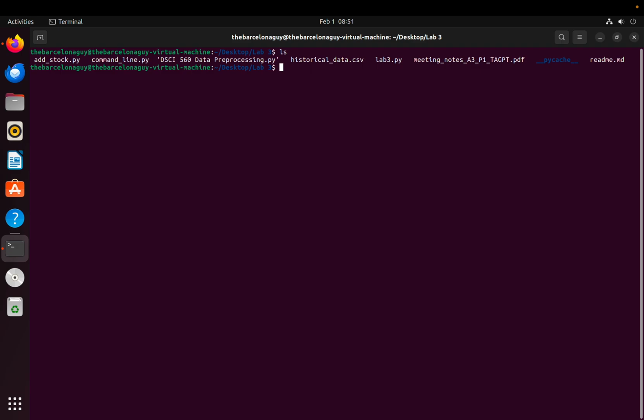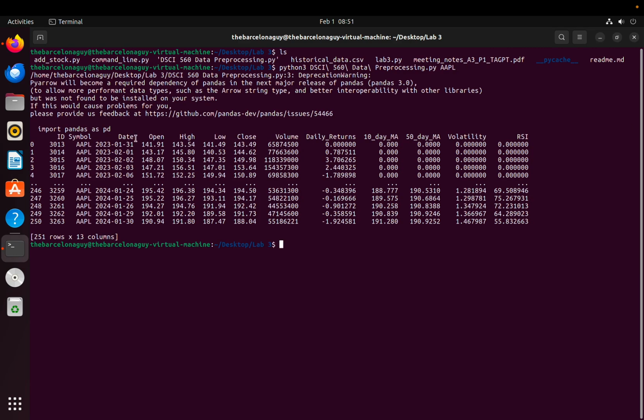It's DSCI data processing, so it's python3 DSCI data processing.py, and then the stock name for which we have to pre-process. So here we are pre-processing it for Apple, and here as you can see, this is all after pre-processing. We have imputed the null values with 0, and we have also calculated some things